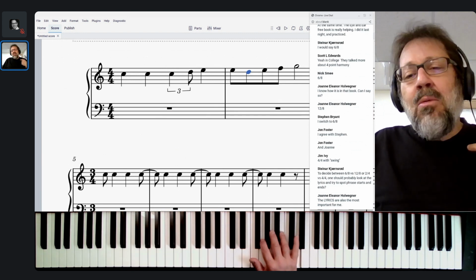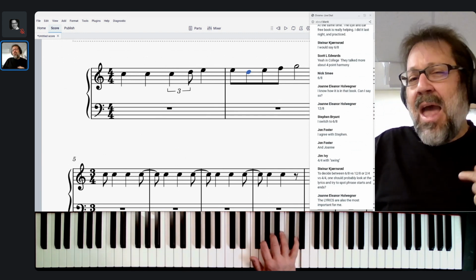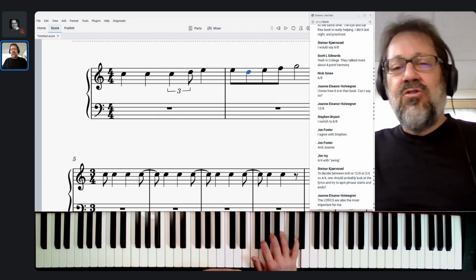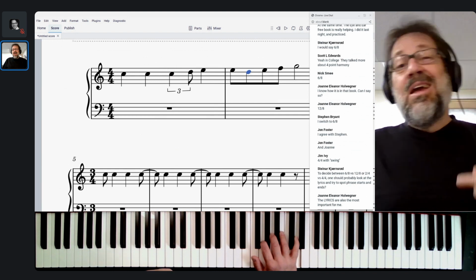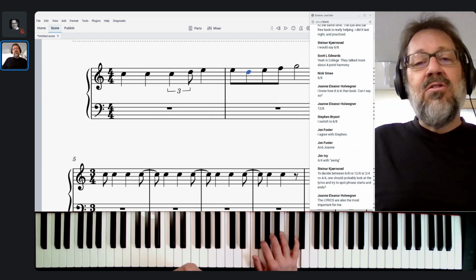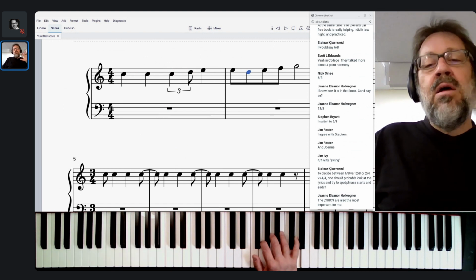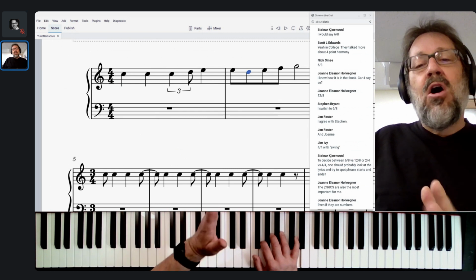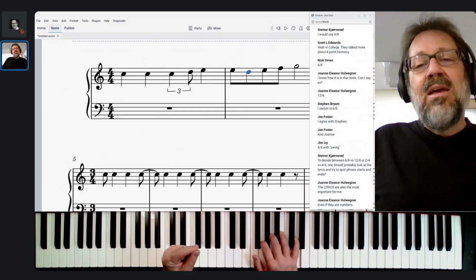So I would say that lyrics are important, but they have almost nothing to do with making those time signature decisions. They have to do with making other decisions, but they have very little to do with making time signature decisions. Time signature decisions are based more on the rhythm of the music, the placement of the accents, the changes of the harmonies, or in the case of